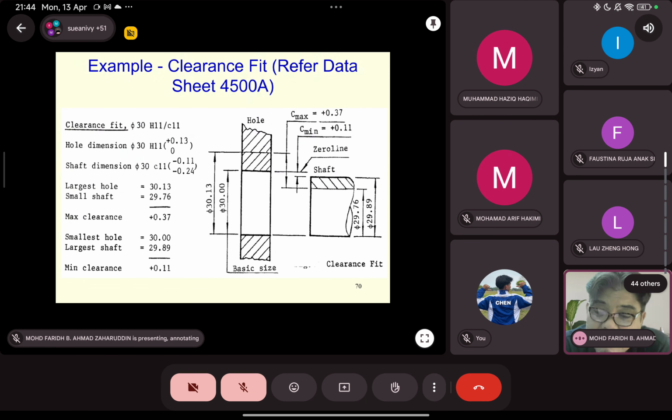Betulkan balik. From the table, the upper limit point is minus 0.110. Okay, understand that. And the lower is minus 0.240. But in correct way to answer the real dimension for this shaft is that you need to, you cakap tadi